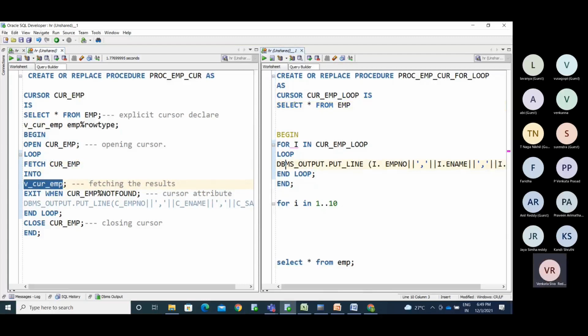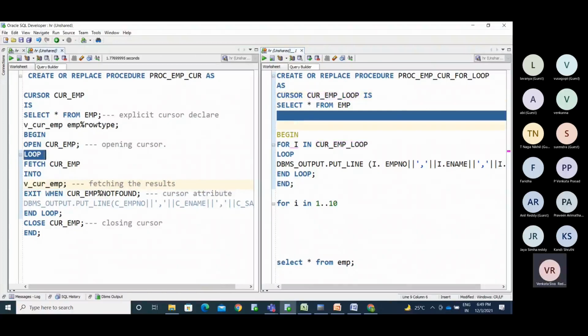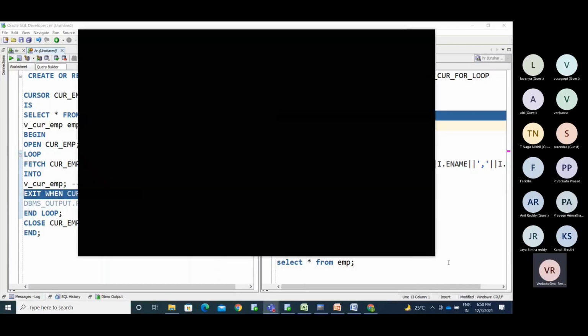In a similar way, the cursor is declared here with the cursor name, so you haven't declared any variable here. You are performing the basic loop, so you need to mention the exit statement. That's why you will use something like I equal to I plus 1. You can declare some variable to take the count. When we need to exit the loop, you mention that here using cursor attributes.